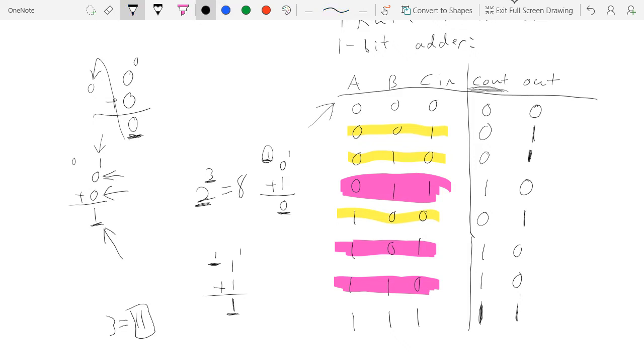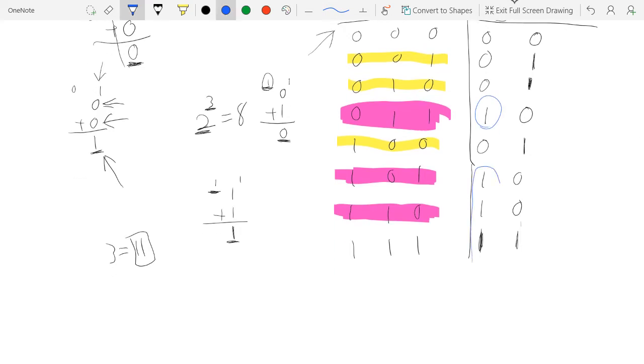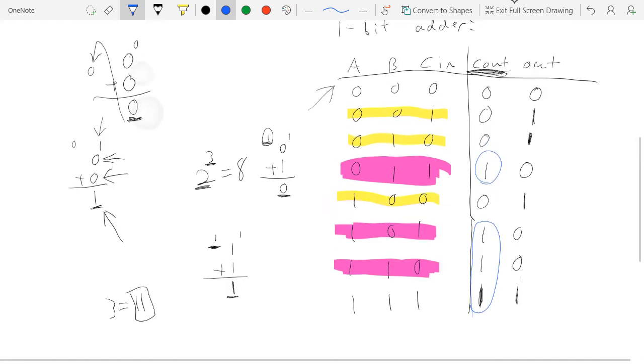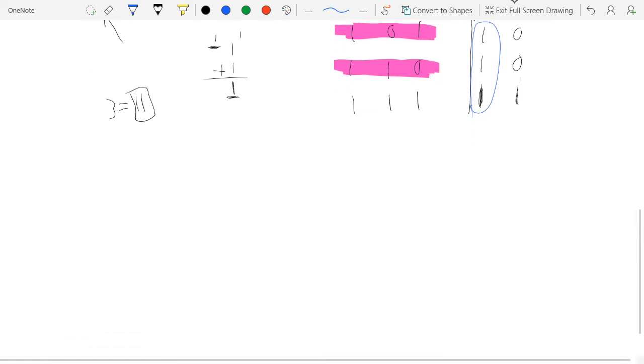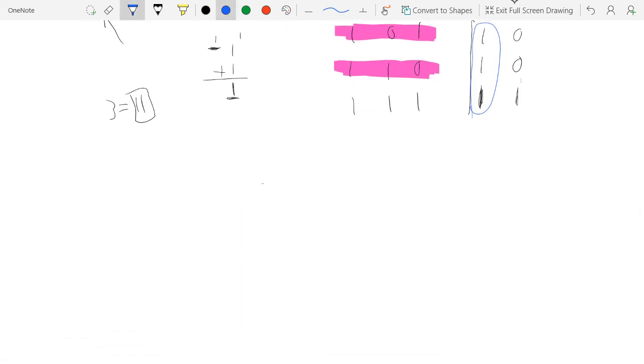So we want to look at carry out. This is our first output here, and we want to just look at the cases in which carry out fired. So I've got this case here where it fired, and I've got these 3 cases here where it fired. So I've got 4 cases in total where this output fired. So I can go ahead and make a mathematical expression to represent this. So I could say, let me do this in a different color, I could say carry out, C out, is equal to,